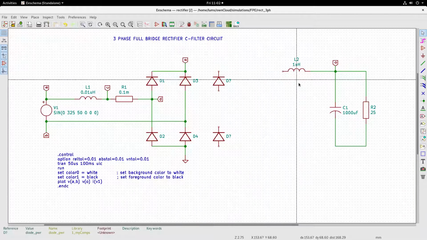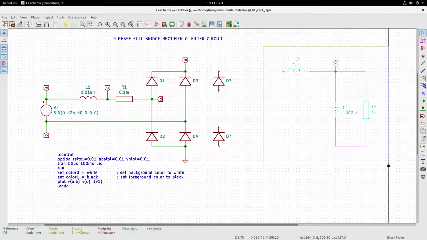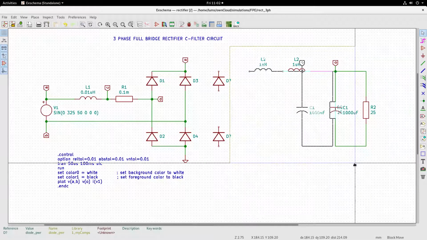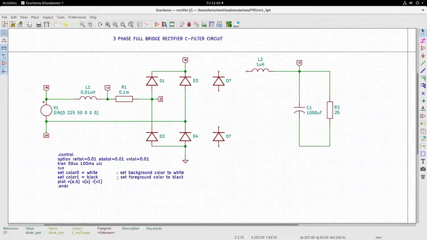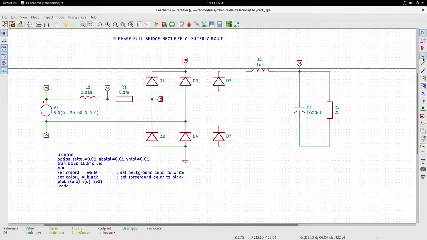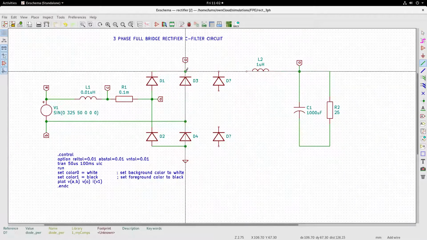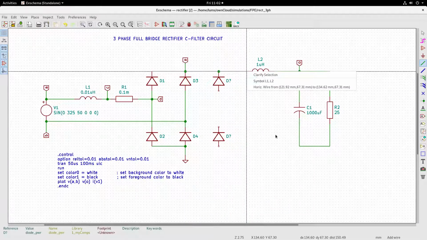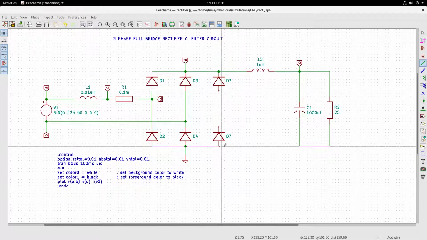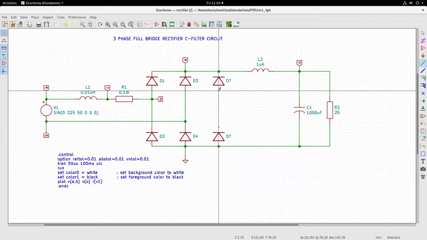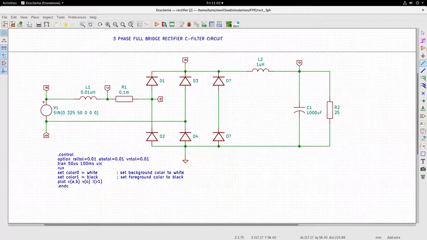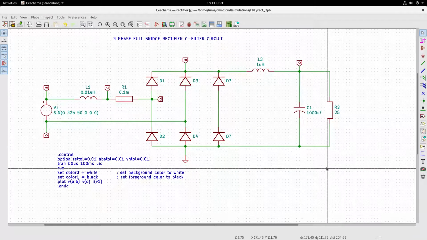Let me move this block a bit closer. Yes, this should be fine. And now you have the load portion of the circuit. Let me choose the wire. Let me make the connections. I made the connection there, and let me connect the bottom, and let me interconnect this. So you now have an arm included.